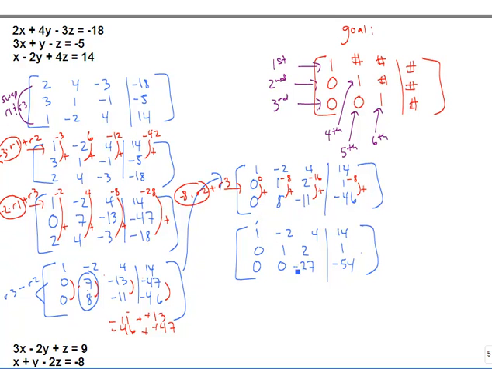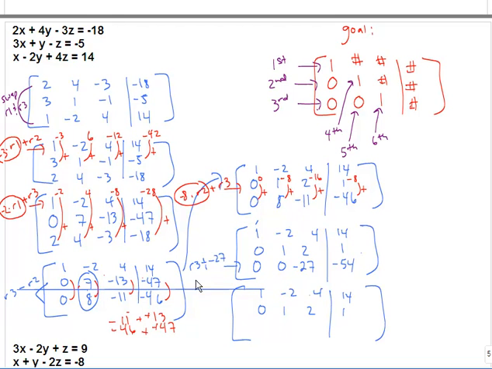You can always get that very last 1 by dividing, always. So all I have to do here is take row 3 and divide by this number I'm trying to get rid of. So I'm going to divide through by negative 27. So that's going to give me 1, negative 2, 4, 14, 0, 1, 2, 1, and I'm only changing row 3. So we get 0, 0, negative 27 divided by negative 27 is 1, and negative 54 divided by negative 27